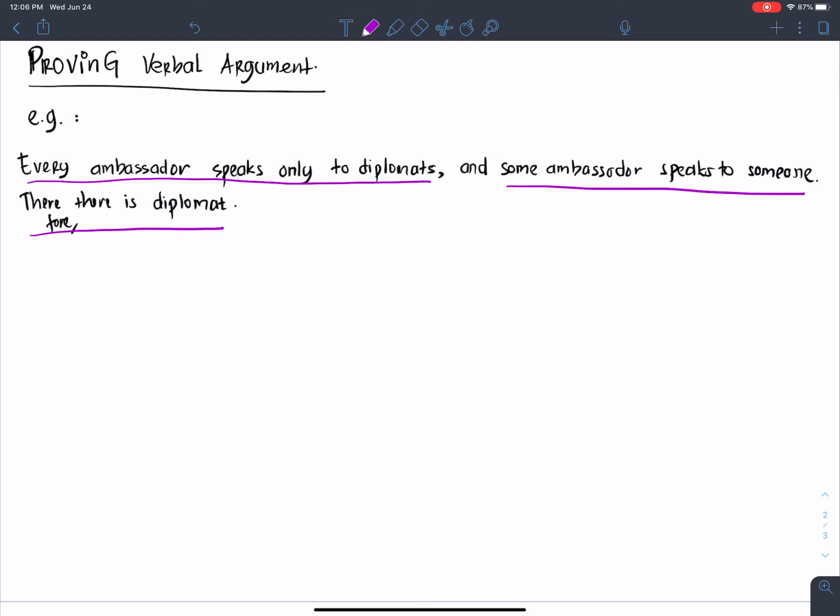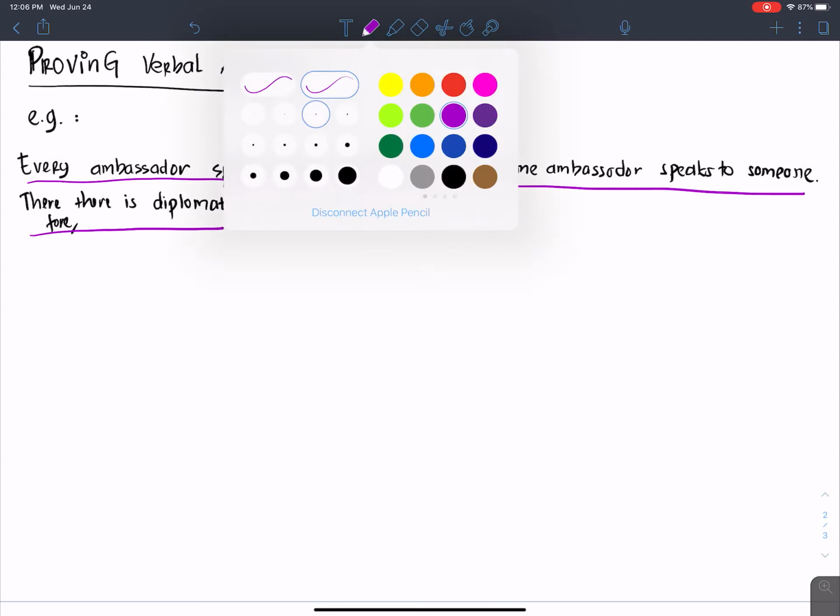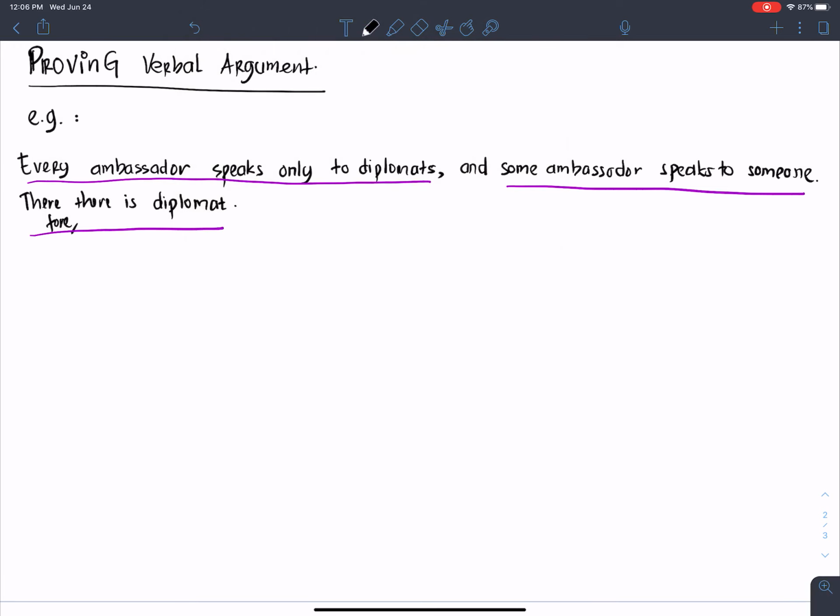Now over here, we use the object and the predicate to translate it to predicate logic. So over here, we have ambassador, and then we have diplomats, and then we have the predicate speaks. Okay, so step 1,